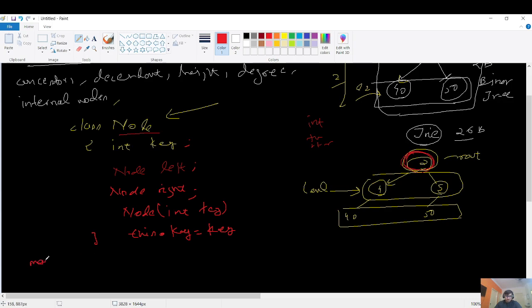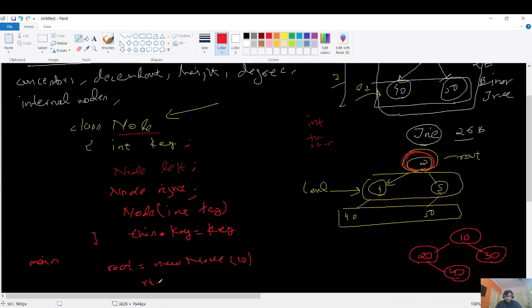And in the main function, we will make a new node, saying root is equal to new node, and we'll give a value there. So let's make a tree like this. Its left is 20, its right is 30, and its left's right is 40. Let's make a tree data structure like this. So what we will write: the root node is pointing to 10. Then I will say that root.left is again a new node